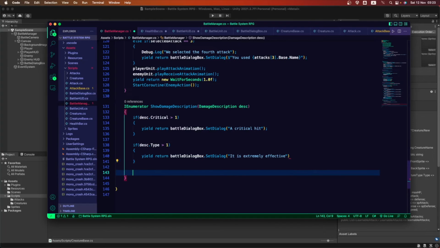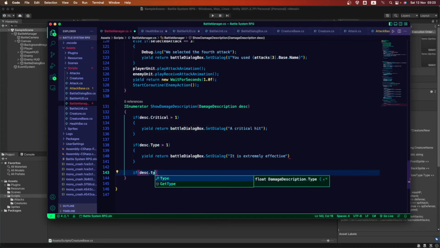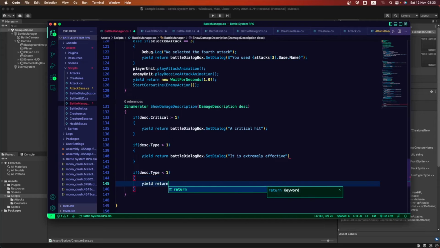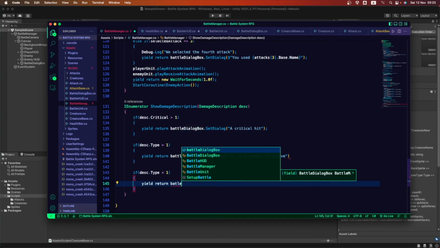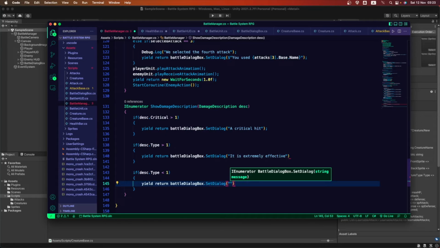And finally, we want to set the last one. It's gonna be desk dot type, and this can be, if it is less than 1, remember we can set this one to yield return battle dialog box set dialog, and we can say it is not effective.